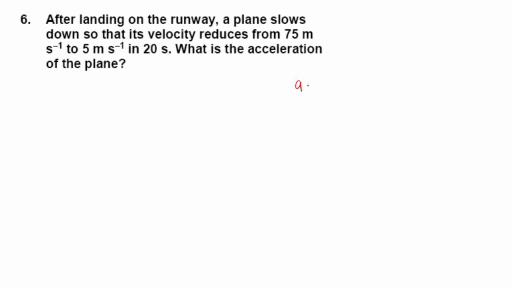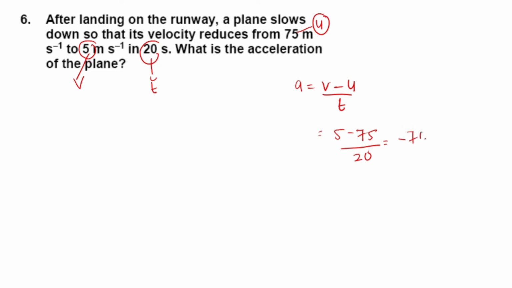So a is v minus u divided by t. Reduced from 75 to 5, so 75 is u, and the 5 is v, and the time is 20 seconds. So 5 minus 75 divided by 20. You will get negative 70 divided by 20, which is negative